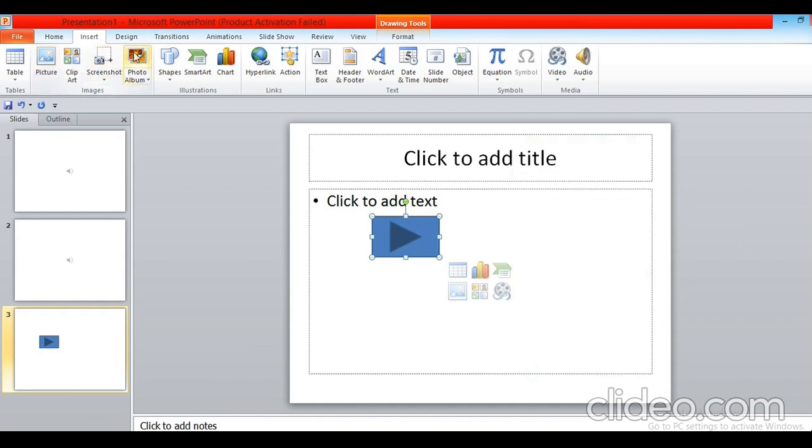Now play your presentation. You can see here, first we have added music. Next slide we move, we recorded our voice here. And the third slide is where we have added the action button. After clicking on the action button, we directly come to the first slide of the presentation. Now I think all of you are clear how to insert audio, video and action button in your presentation.